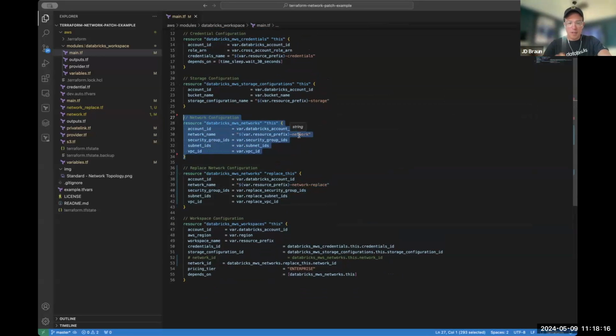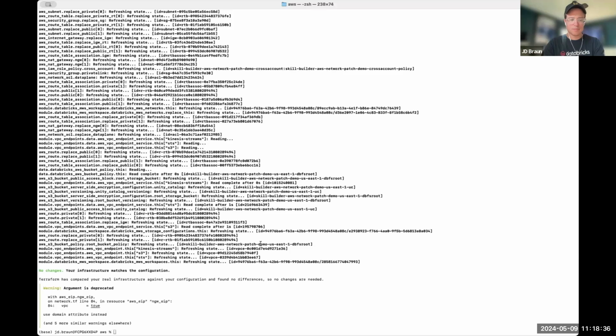So let's just test something out. What happens if I take my resource and I just update the VPC ID within the one I'm trying to replace? So this would be, hey, have my network configuration. Let's just try and switch the VPC ID out from it. So I'm going to go ahead and pop into my terminal here, and I'm going to do a